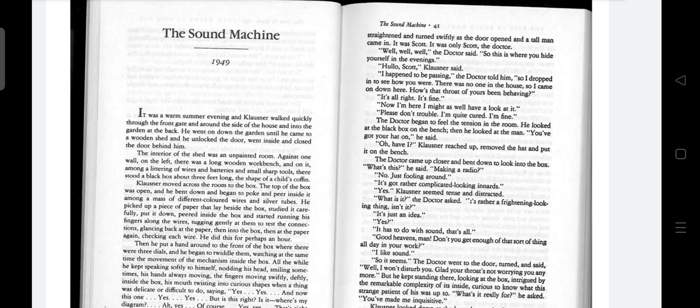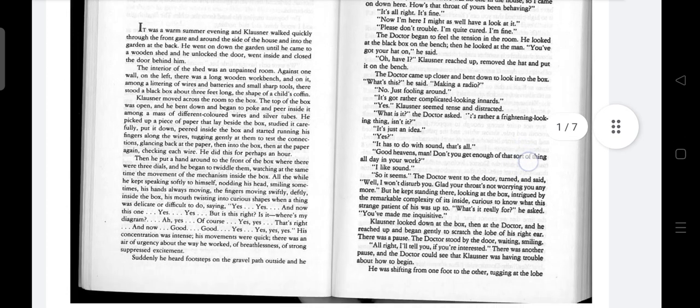"What is it?" the doctor asked. "It's rather a frightening looking thing, isn't it?" "It's just an idea." "Yes, it has to do with sound, that's all." "Good heavens, man, don't you get enough of that sort of thing all day in your work?" "I like sound." "So it seems."